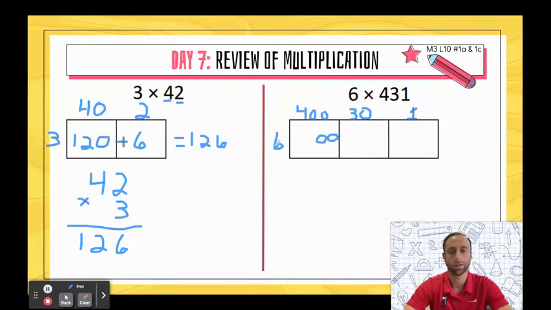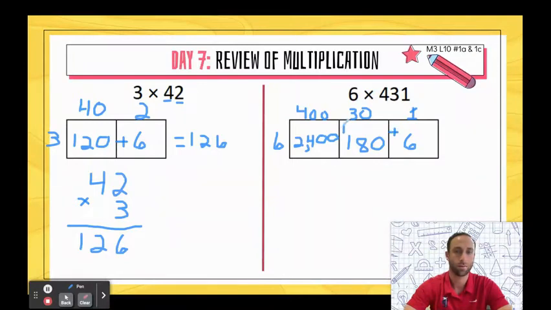6 times 4. We just worked on that earlier in our fluency. 6 times 4 is 24. So 2,400. All right, now let's go 6 times 30. How many zeros do I have here? I have 1 zero. 6 times 3, again from before, 18, so 180. And 6 times 1 is 6. So if I add all of this up,